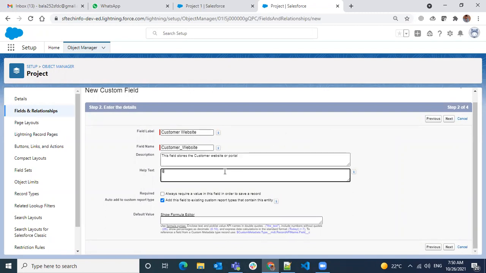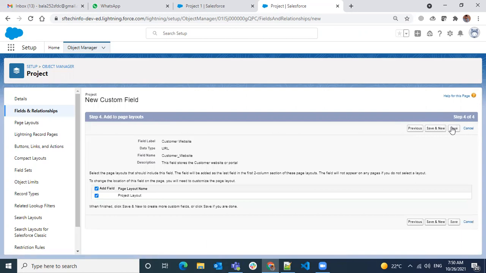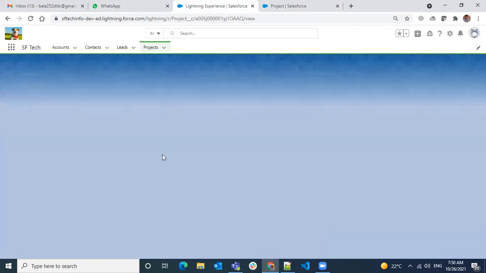Okay, help text. Okay. Just refreshing how it looks.